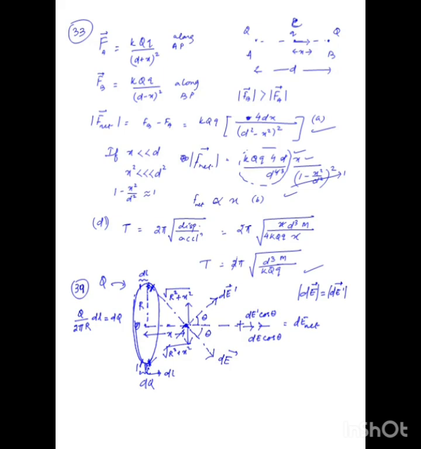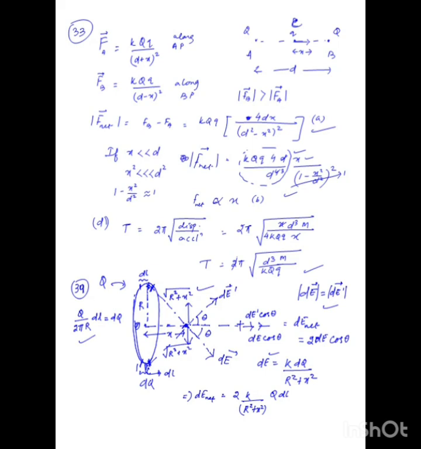So as a result, we'll have dE net equal to 2 dE cosine theta, because these two are equal in magnitude, as dE prime is equal to dE. And what is the value of that dE? dE is equal to k dq over the distance squared. Distance, as you know, is this one. When that is squared, that is r squared plus x squared, simply as it looks. Now, dq has been provided. So dE being that, we have dE net equal to 2 times k over r squared plus x squared. We are going to keep that, and for dq we are going to put the value, that is q dl